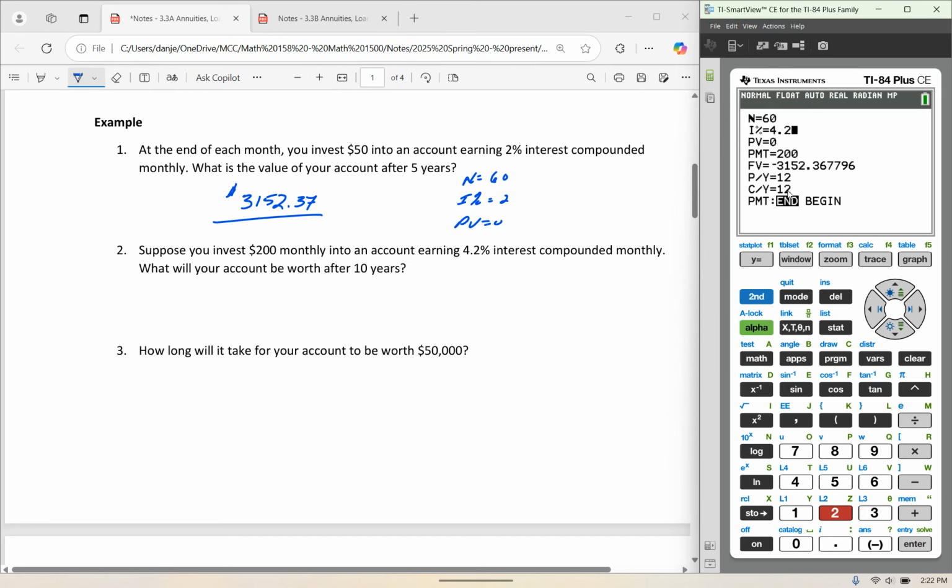How much will my account be worth after 10 years? Again, 12 months per year for 10 years. Multiply that as 120 months. And now all I need to do is go to my future value, Alpha, Solve. And after 10 years of putting money into my account monthly, I will have